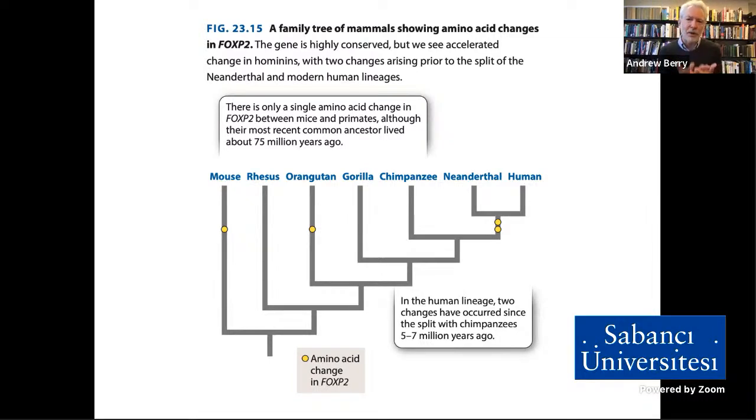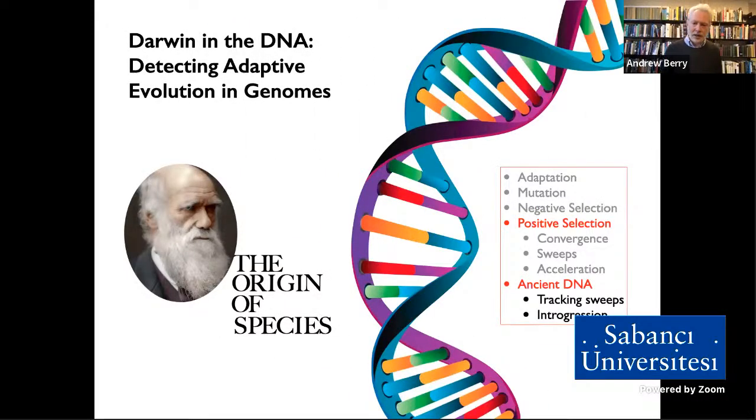A gene that we have a priori reasons to believe is interesting from a linguistic point of view, and bang, it seems it's highly conserved across the animal kingdom until you get to hominins, humans and Neanderthals, and whoa, suddenly it's evolving. Again, positive selection. But the coolest area in studies of positive selection these days is with ancient DNA.